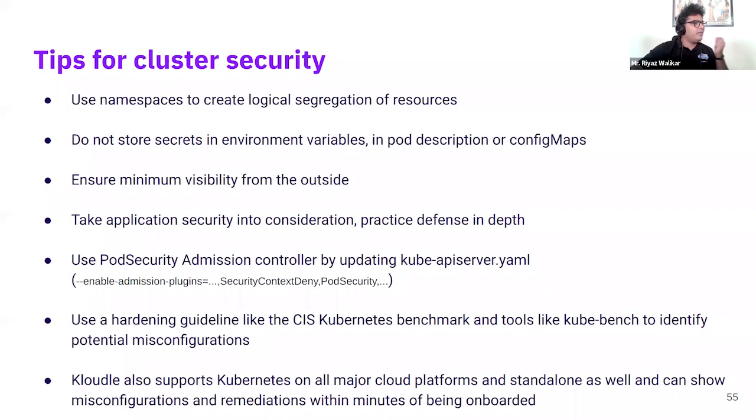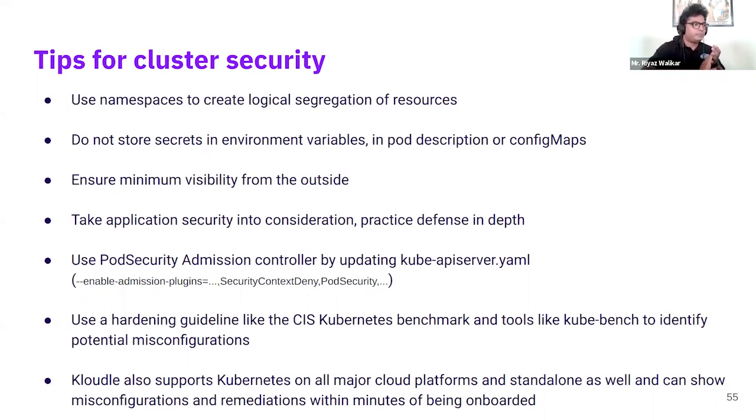Ensure minimum visibility from the internet to your cluster. If your control plane is not required to be exposed to the internet, please do not have 6443 or 443, whatever port your cluster is going to be visible out of, exposed to the internet. Make sure the application security is also taken into consideration. A lot of application security flaws can be used to reach the cluster and then move on to the cloud,